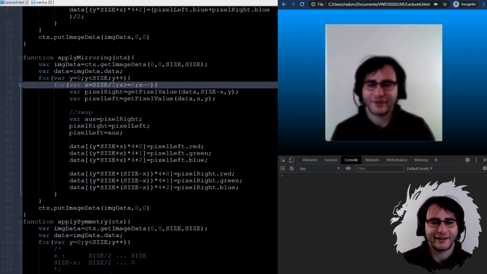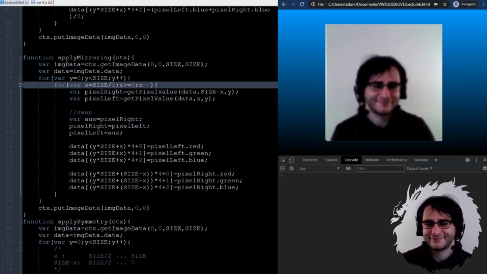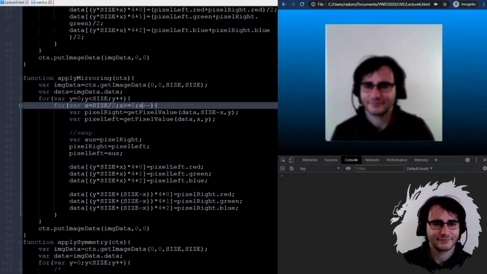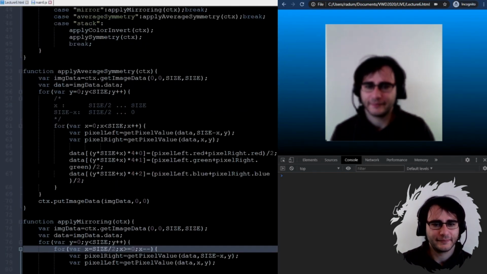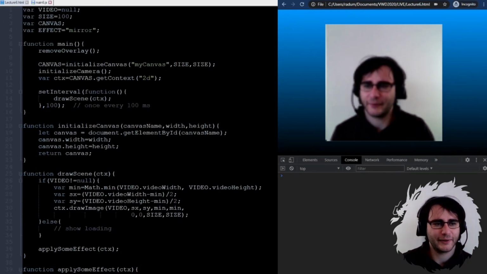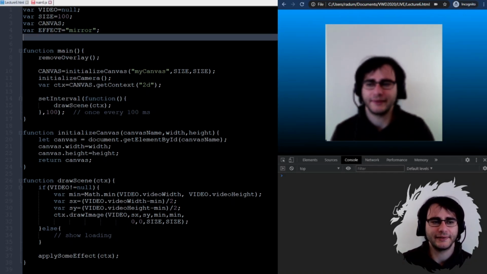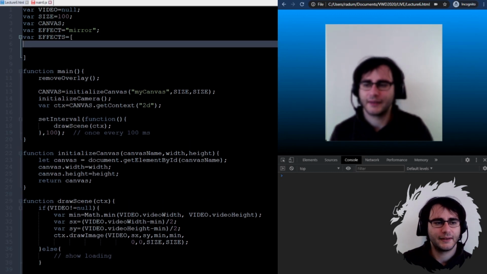Any clues? Any ideas? Meanwhile, maybe you can try to think what the problem is. Meanwhile, I make a way to transition between these effects. So let's say here effects, and I'm going to make an array. The first one is going to be called